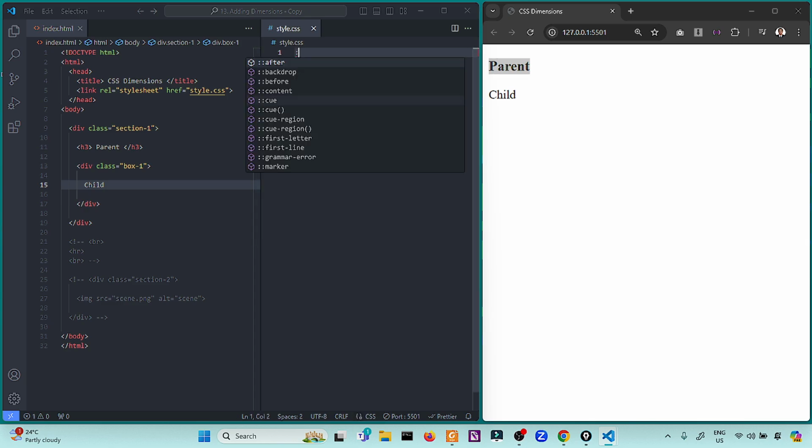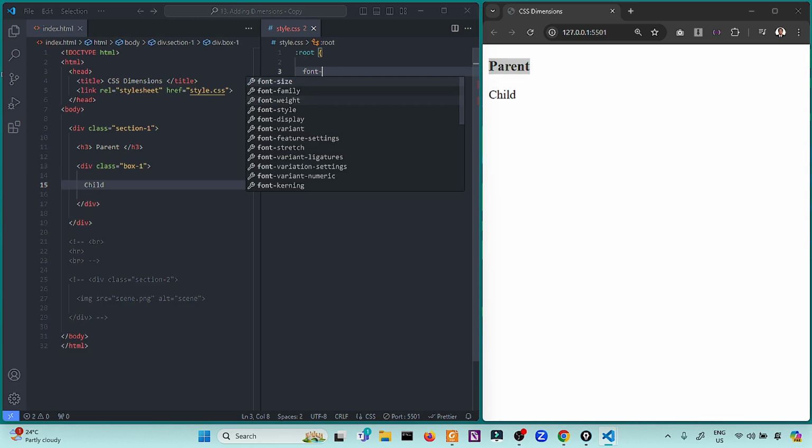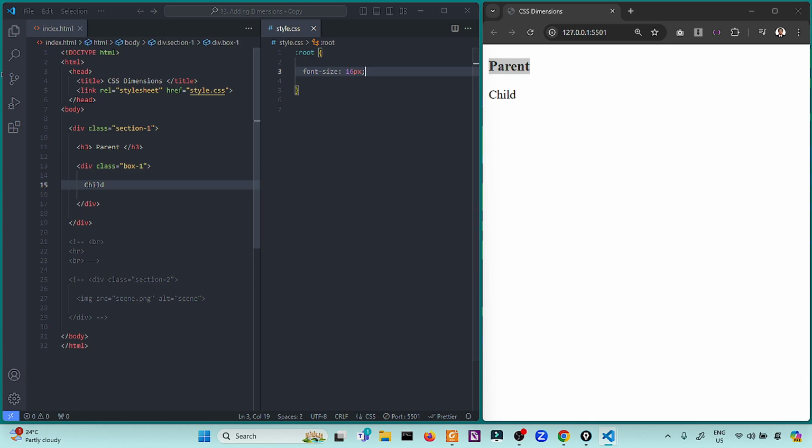For this demonstration, I will create a pseudo-class of root. This pertains to the HTML tag because this one is the root tag of all the web page. So we have a font size of 16.